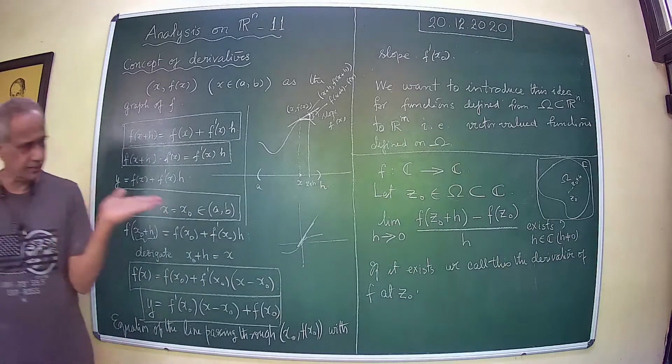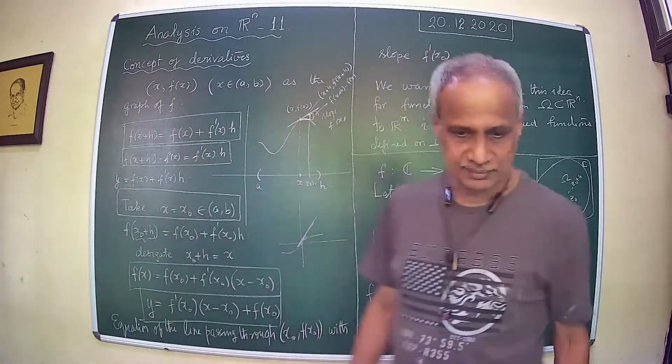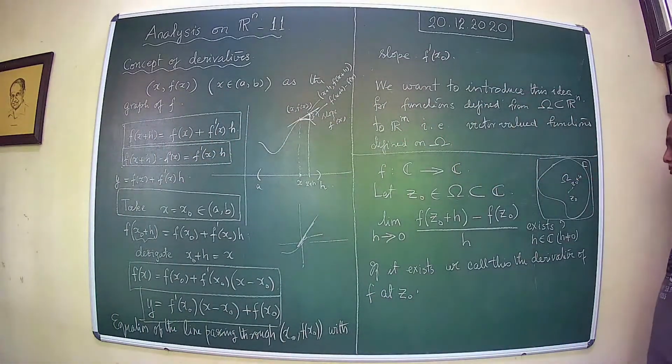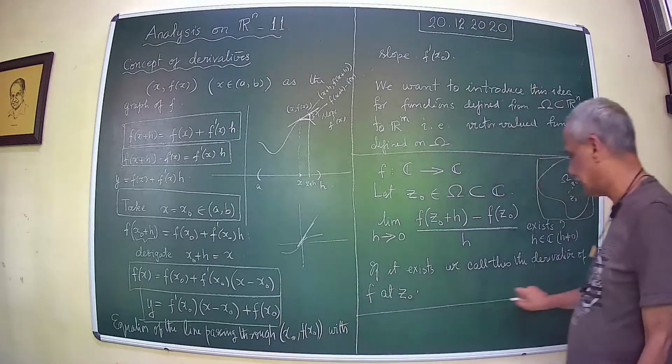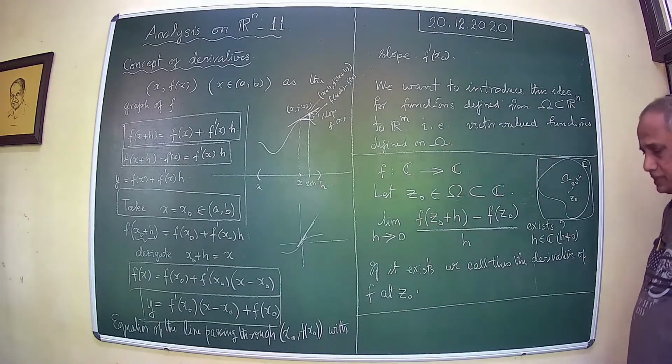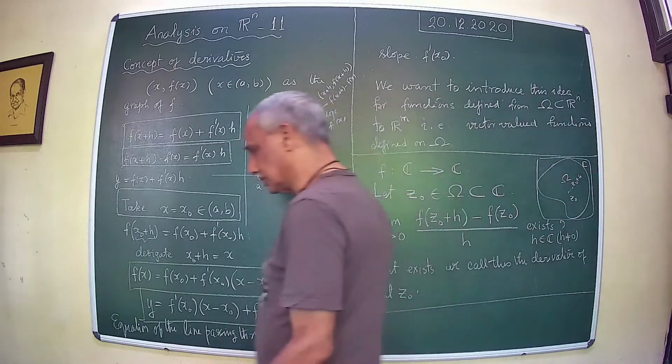Therefore, this is what you have. Okay? Right. So, word by word, the kind of thing that we were discussing for a conventional derivative works for C. Okay? So that's very encouraging because C is very much like R2 with a certain